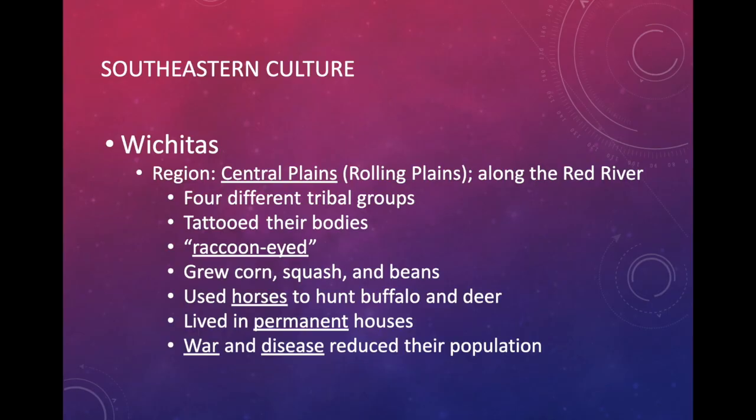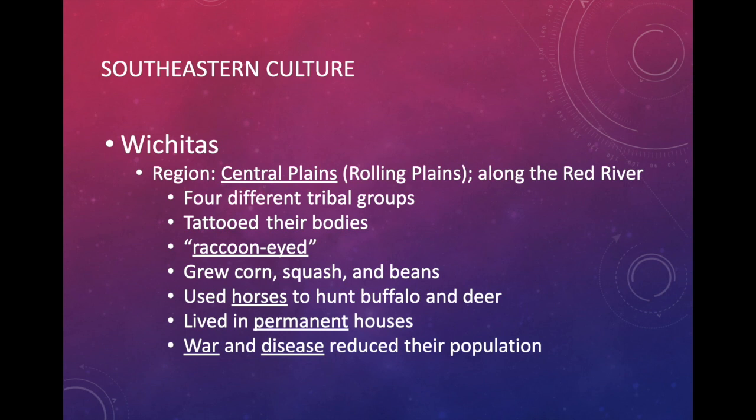Another group that's part of the Southeastern culture, and by the way, whenever we say Southeastern culture, we're talking about the Southeastern region of the United States. So they're in the southeastern part of the United States. That includes groups that are in Texas, like this next group, and that is the Wichita. The Wichita lived in the Central Plains and the Rolling Plains. They lived along the Red River, and they had 4 different tribal groups within their Wichita nation, and they had